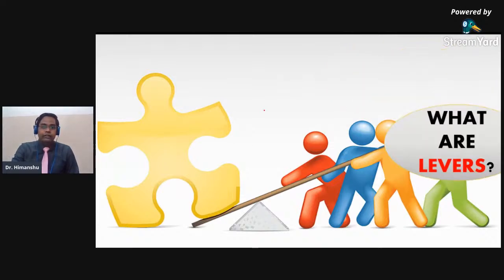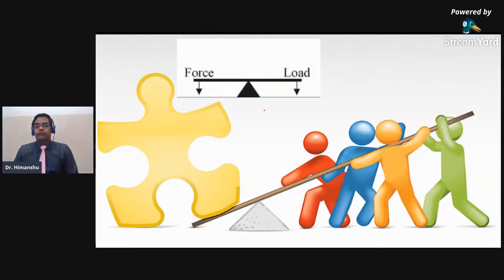Now, here is the structure of your lever. This is how a lever appears to be. We have a fulcrum, I'm sorry, in between. Here we have a load, which is the resistance, or the weight, that is what we talk about. And we have a force here. Force is the effort that we apply. All right, now the major thing that comes to us is the